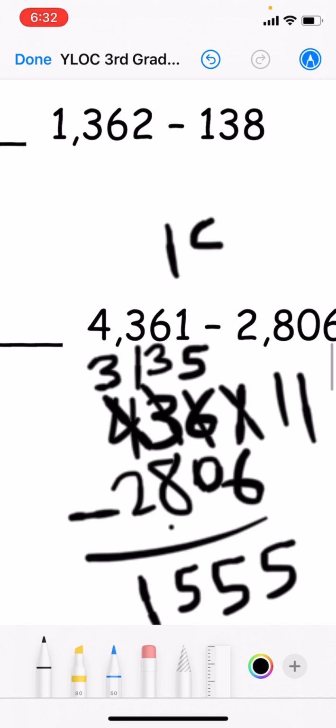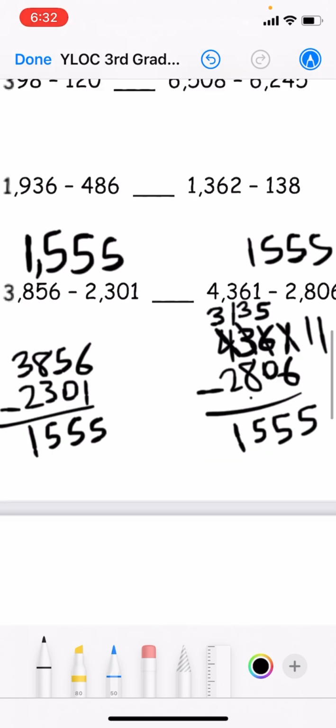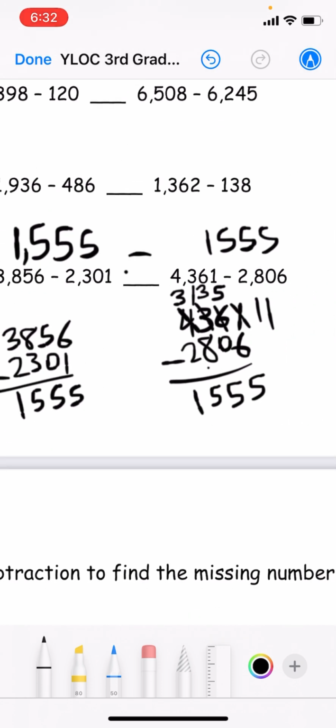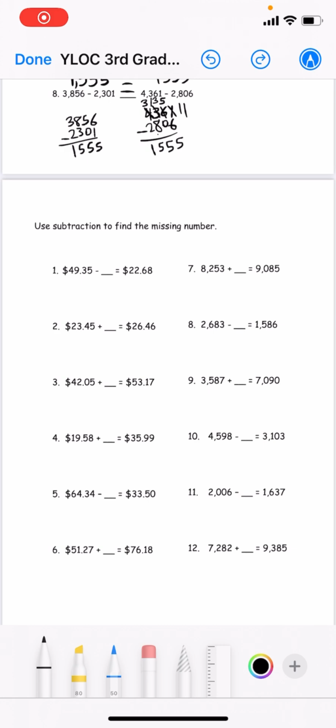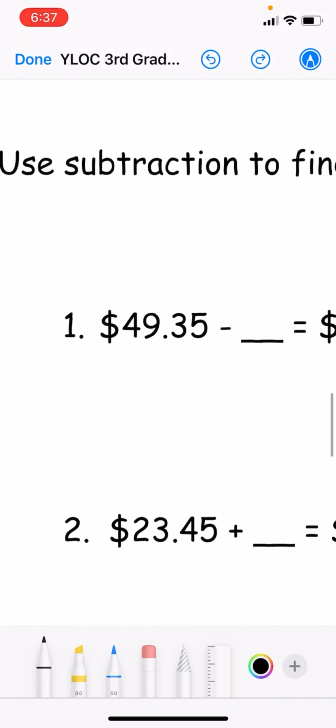So we have 1,555, and we can see they're the same. So 1,555 is equal to 1,550. Next, we'll be using subtraction to find the missing number. For number 1, we have